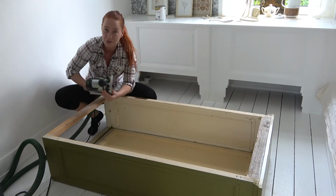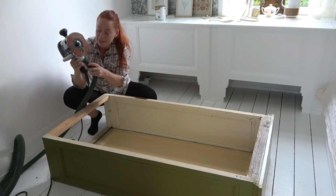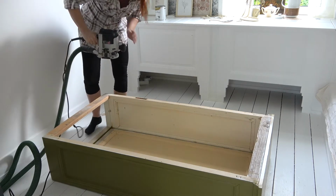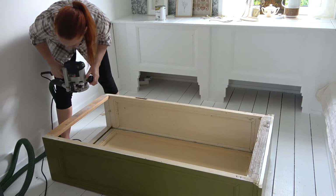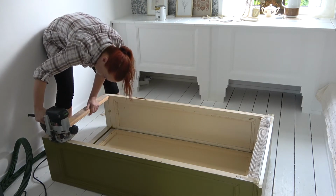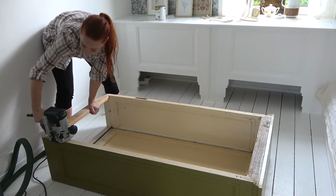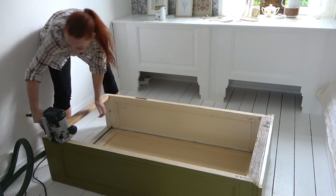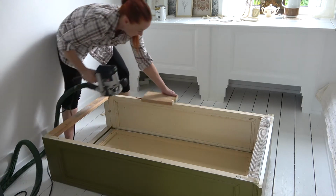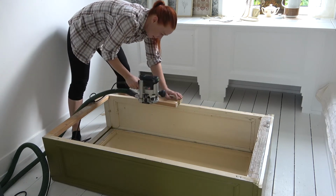Just in case you are wondering, what I am going to do right now is not what you are supposed to do. This is hopefully a creative solution to a bit of a stupid problem that I created with being lazy. And I'm going to do a little test. Probably a very wise thing to do. Let's